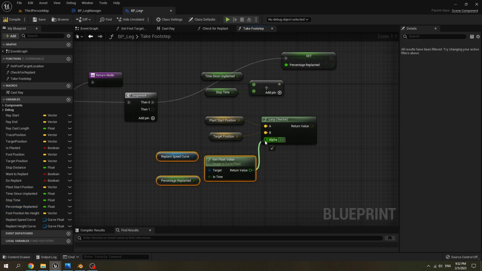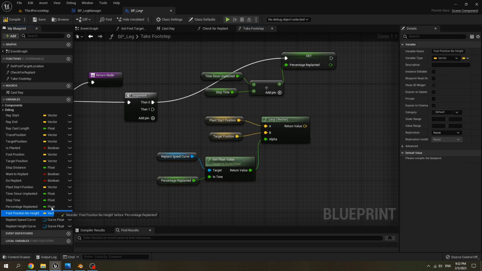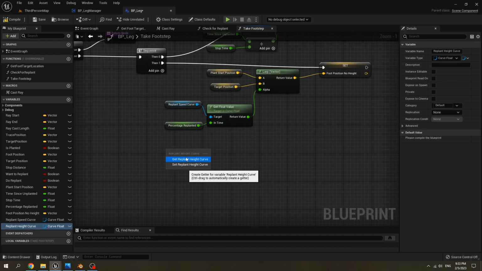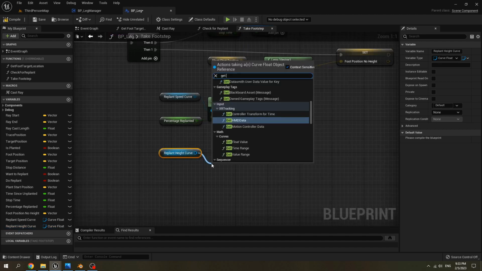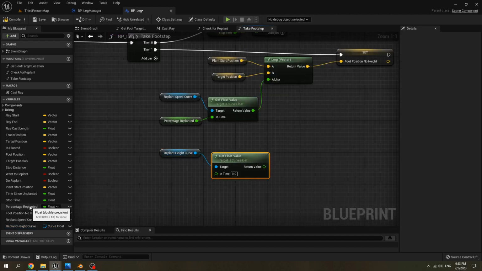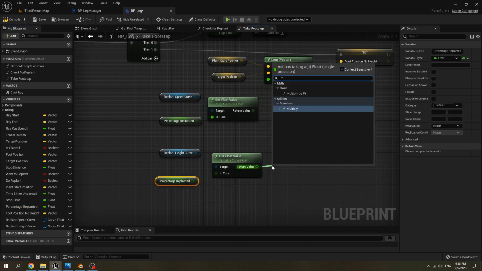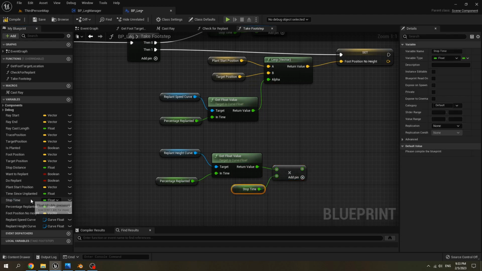Connect this value to alpha, get foot position no high, and set foot position no high by using this vector value. Get replan high curve, get float value, then get percentage replanted, connect it to in time, multiply it with stop time. Set our stop time to 0.8.